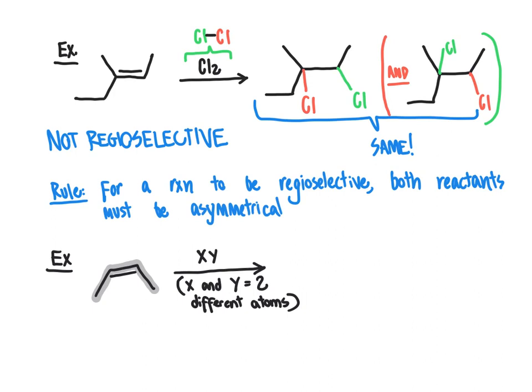So what's going to happen is once we do the addition reaction, we add X and Y across the carbon-carbon double bond. I'll go ahead and show X and Y in red here for emphasis, adding Y and X. And then say we go ahead and do it the other way, flipping which location gets X and which location gets Y. So I'm going to put Y over here and X over here